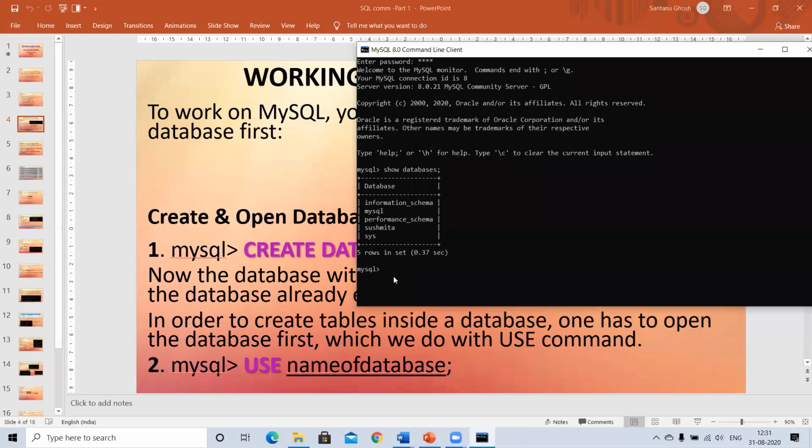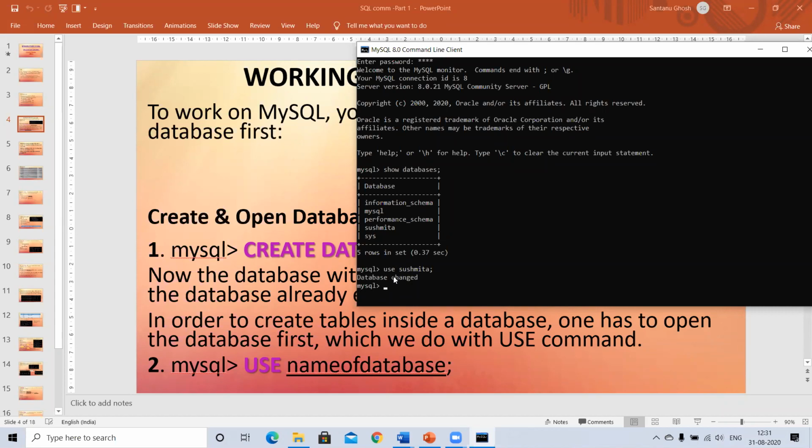Okay. Now, how do I start my work? I need to be present inside a database in order to start my work. That is, I need to open a particular database, reach there, and then start my work. And to open a particular database, it is use and the database name. The database name is Sushmita, which I made last time. Enter.